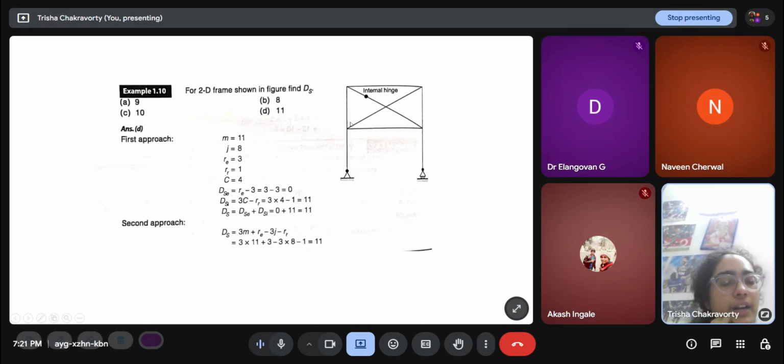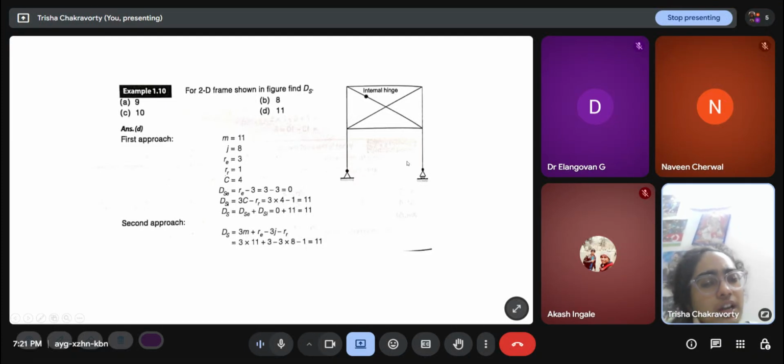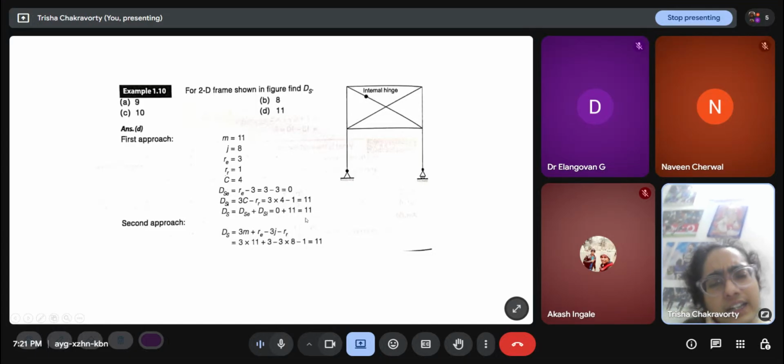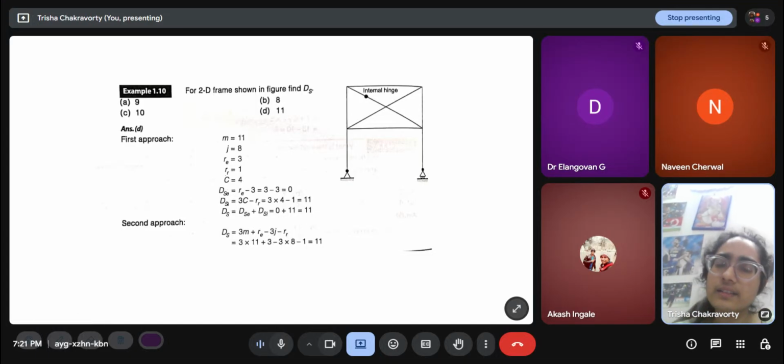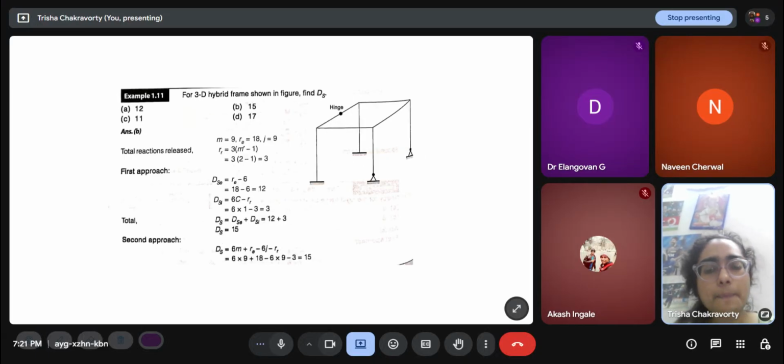If you have a loading pattern, you can at least solve the support reactions because there are only 3 support reactions and 3 equations already available. So externally, you can solve this structure. That is why the degree of external indeterminacy is 0, but internally you won't be able to solve because it's indeterminate to the 11th degree. So we won't be asked to solve such indeterminate structures. It is just for finding out the degree of indeterminacy.